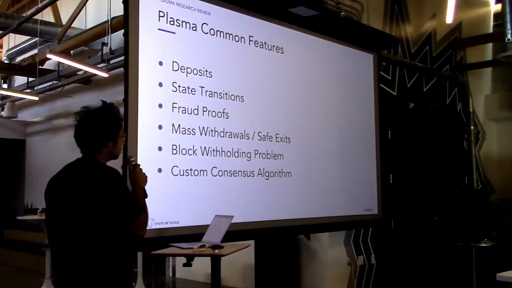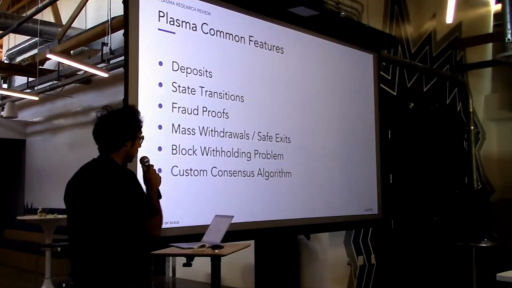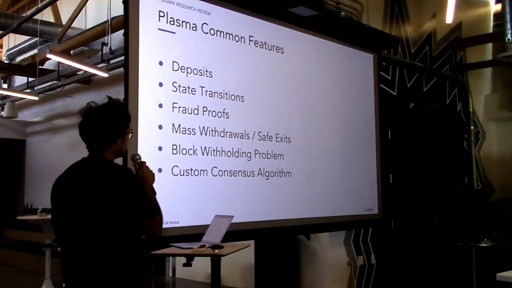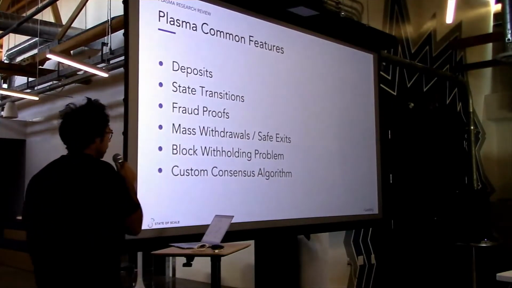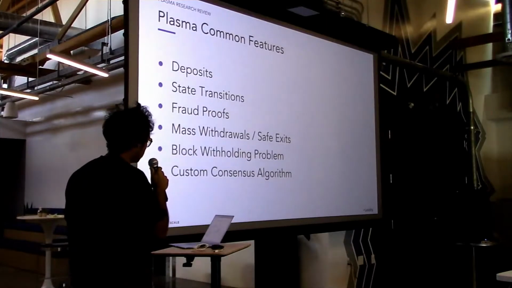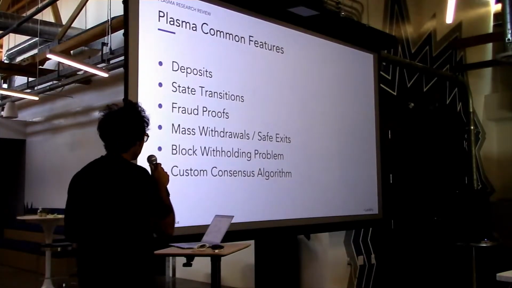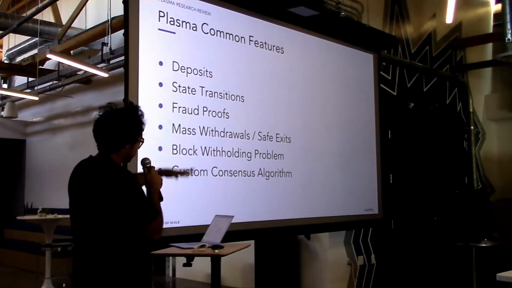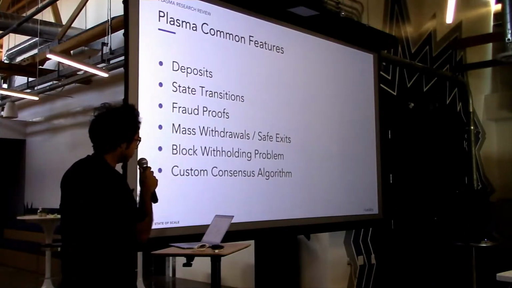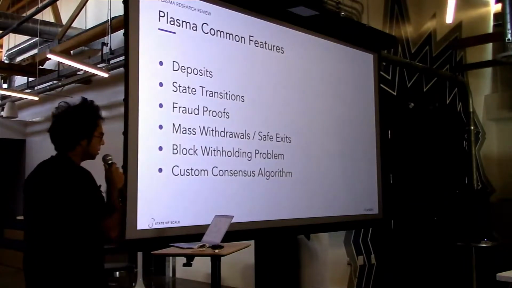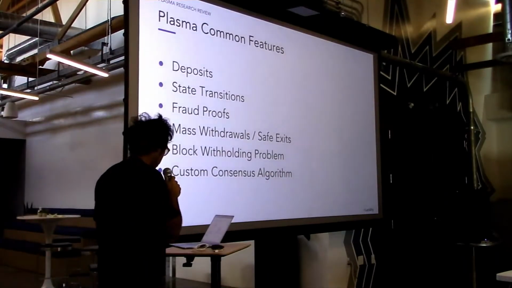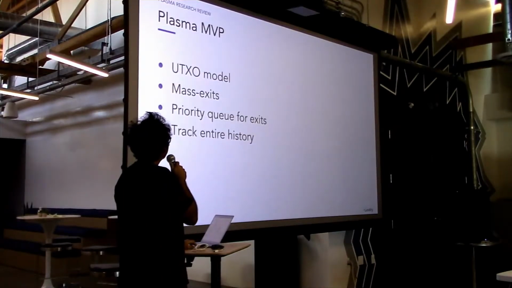Pretty much all the current big Plasma names are around a single operator, and this is great. It's easy to reason about. You can implement token transfers and all that. But you can also hook up a custom consensus algorithm. So you have a sidechain, for example, that can have its own consensus algorithm, memorializes that to the root chain, and then I'll go over how we do it.